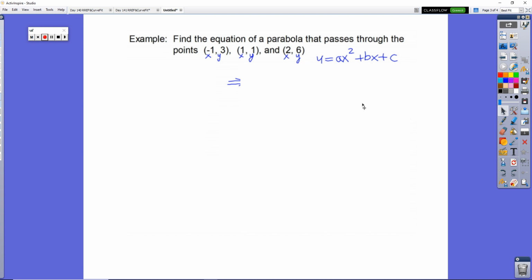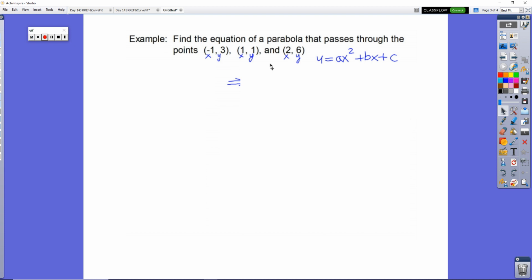Now, the one thing that I would encourage you to do here is make sure you write down the formula for the general equation of a parabola. In this case, y equals ax squared plus bx plus c. That's going to be the formula that we keep referring back to. So this is going to eventually use the Gaussian elimination process, but what happens in this problem is first, you